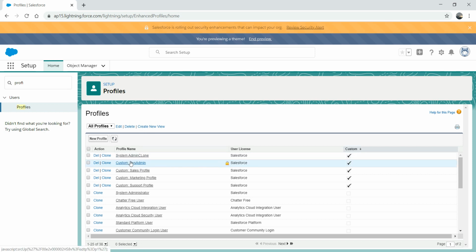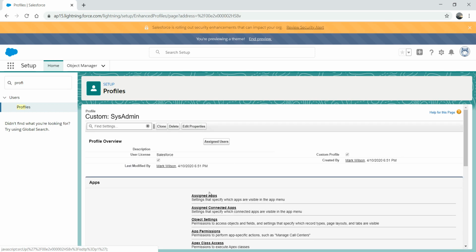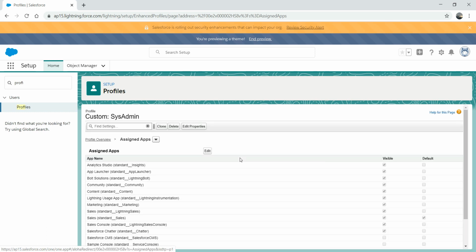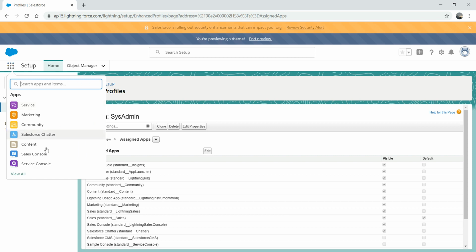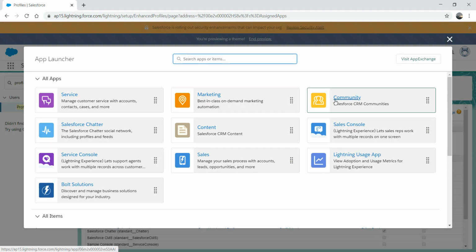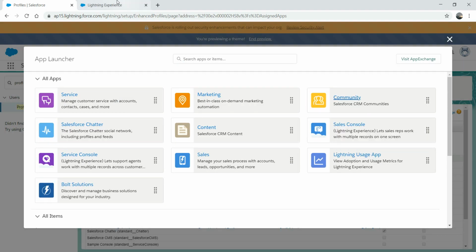profile here, and let's go to assign apps. What I mean by assigned apps is that, for instance, I logged in as a system admin. So when you go here, these are all the apps that have been assigned to you. For instance, I have something called community. I can see community here. So let me go here, view, and if I right click and open link in a new tab, I can